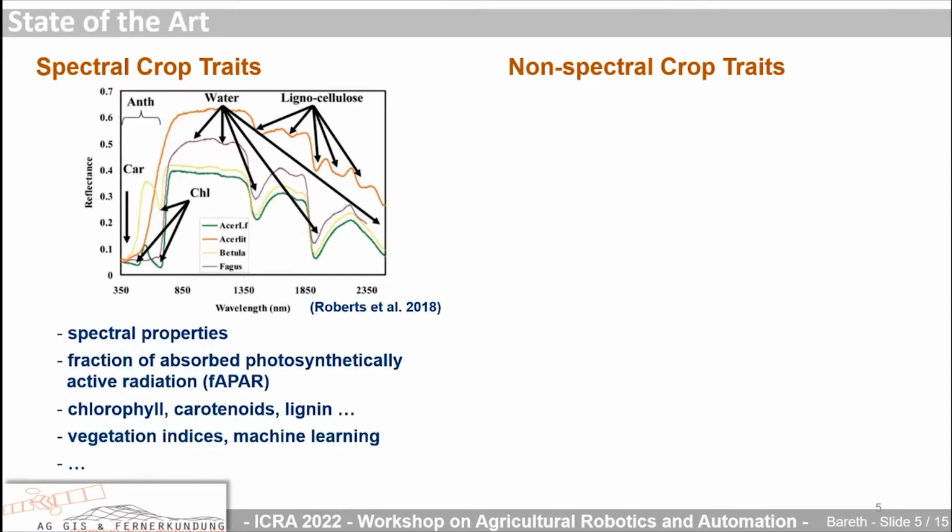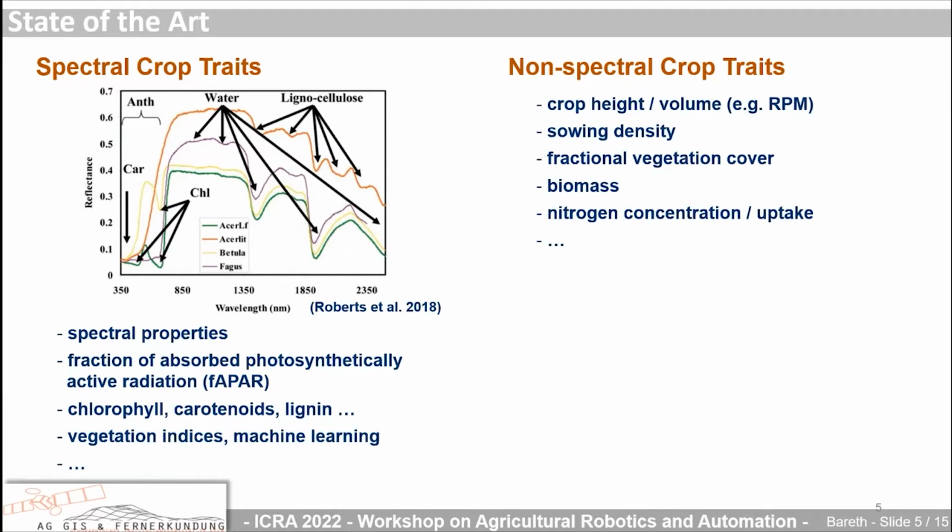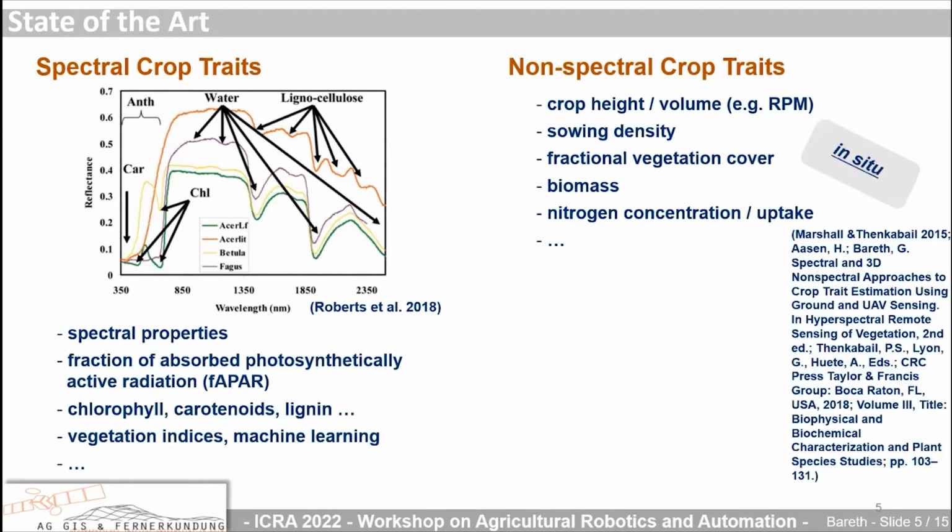It's widely used over the decades, and it's proven that if you have good weather conditions, you can derive some properties nicely. When it comes to what I call non-spectral or structural crop traits, we